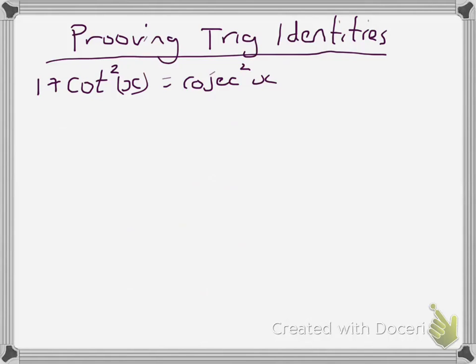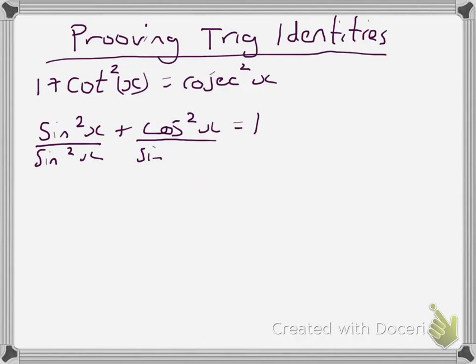Because those have got squared values in them, I'm going to start by looking at one of the identities I know. Sin squared x plus cos squared x is equal to 1. How is that going to help me? Well, if I take this equation and divide everything by sin squared x,